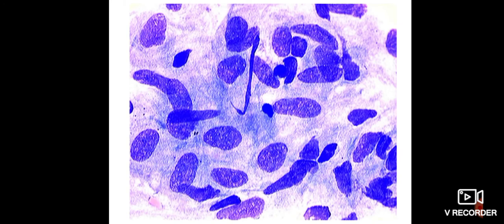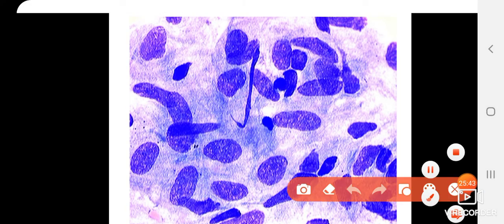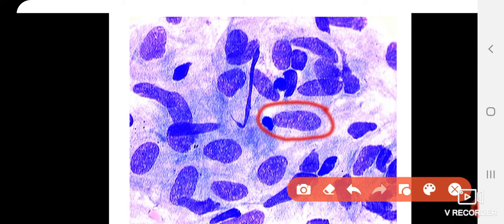So this is actually a cytology picture in which you can see this classic slipper shape. It's like the sole of your foot. So this is your epithelioid cell, this is your epithelioid cell, which are nothing but your modified macrophages and seen in case of tuberculosis. You cannot make out the cytoplasm very nicely, but these are the nuclei which are slipper shaped and they are called epithelioid cells.